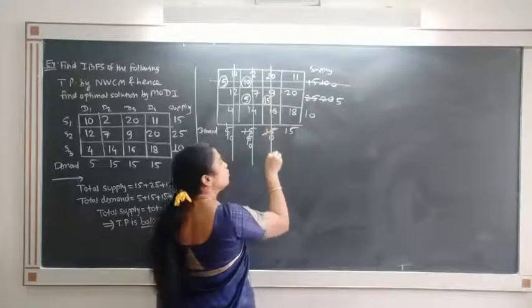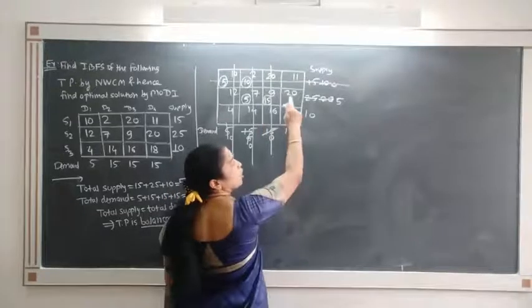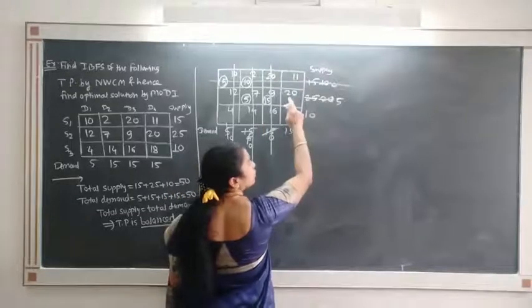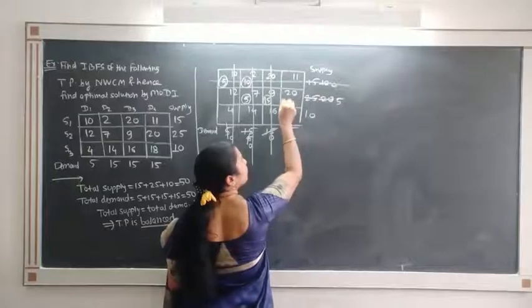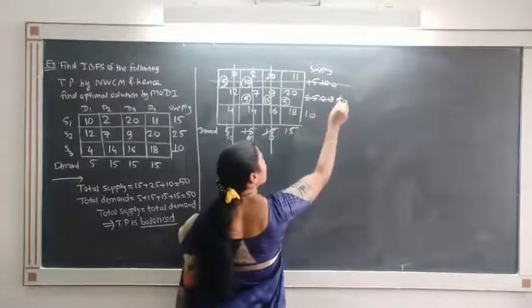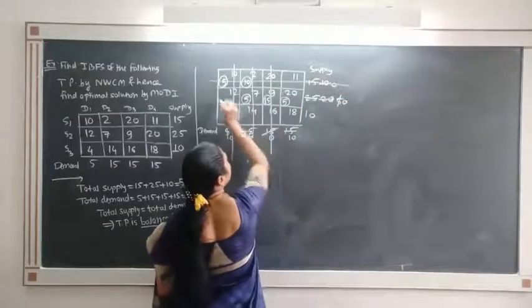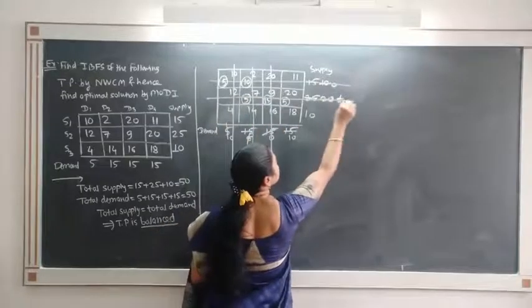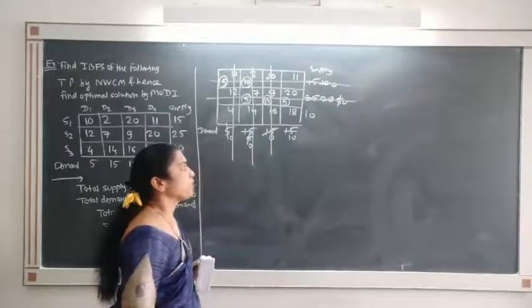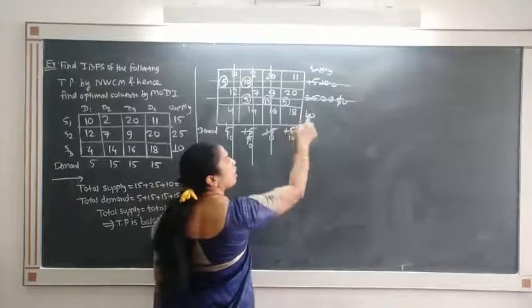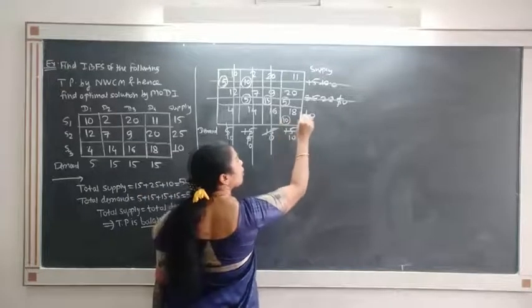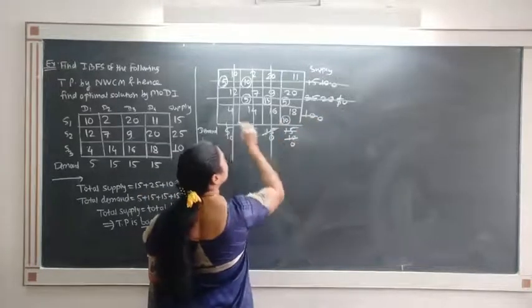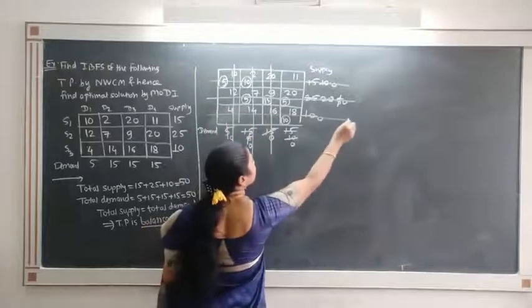Demand becomes 0, so the column is crossed off. To this cell, allocate the minimum of 5 and 15, that is 5, supply becomes 0, demand remains 10, so the row is crossed off. And to this cell, allocate 10 so that all the demand and supply conditions are